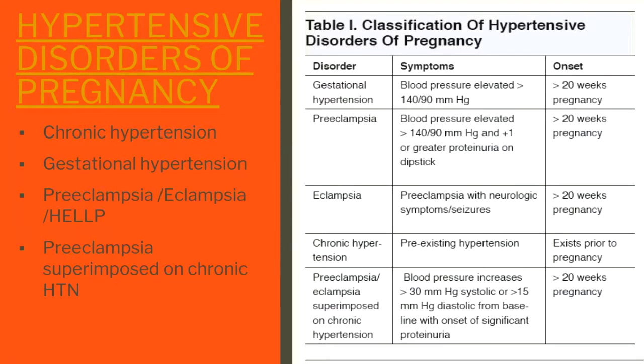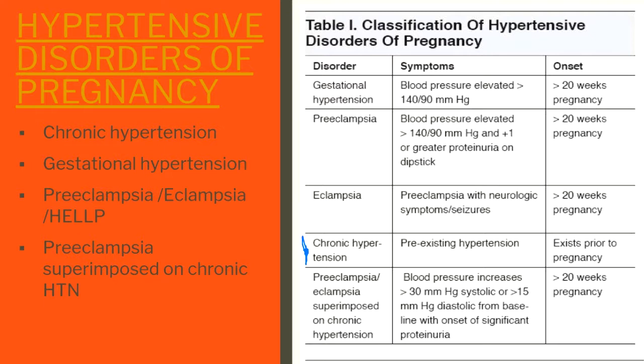So gestational hypertension is hypertension, a blood pressure elevated more than 140/90, that is happening during pregnancy. That's why it's called gestational hypertension. But all it is is only elevated blood pressures. The onset usually is past 20 weeks. That is when it is diagnosed, in fact. Before that, we can't really say it's gestational hypertension. Before that, if she has elevated blood pressures, we are saying that it is chronic hypertension.